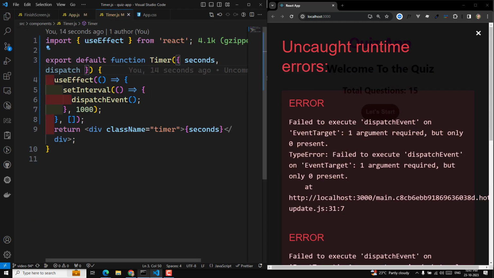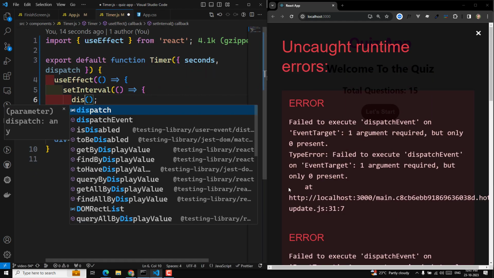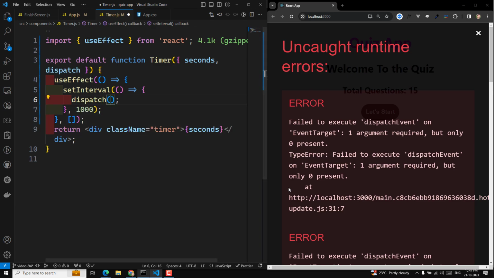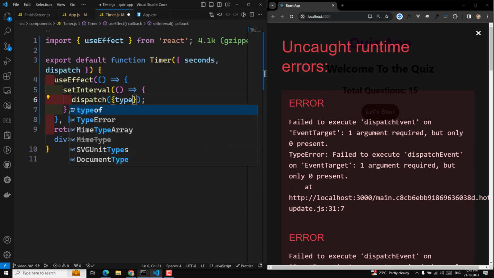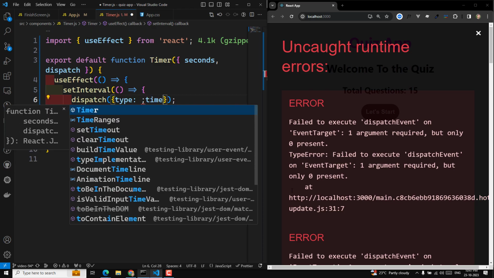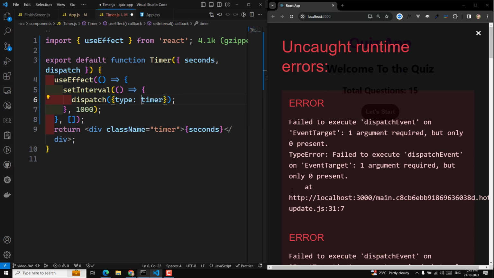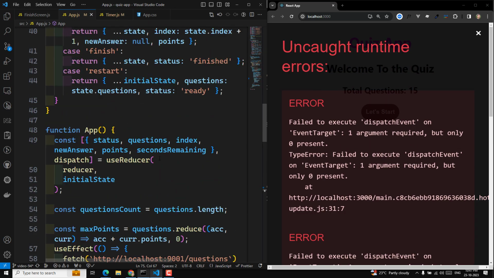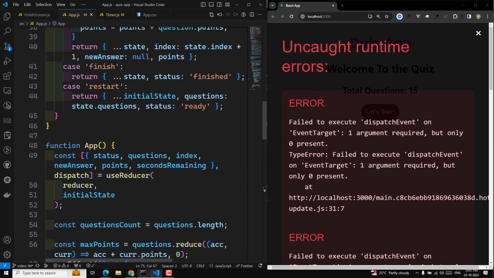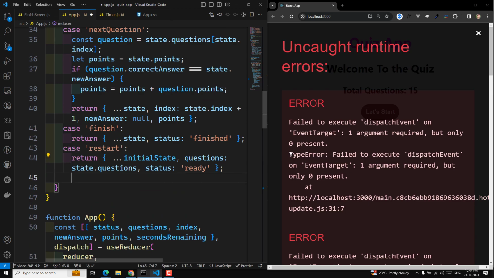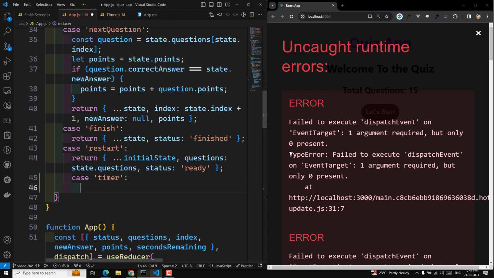Now let's go to the timer. So here we are dispatching, and here I will start with type is equal to timer. So we are calling the type timer, and let's go to the app.js, and here we will have, where is our user? Yeah, and here I can have case timer. So return the state,